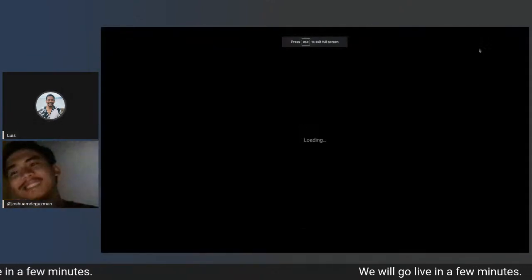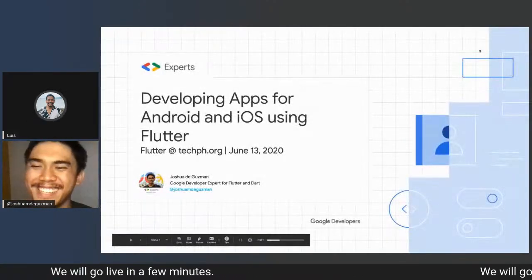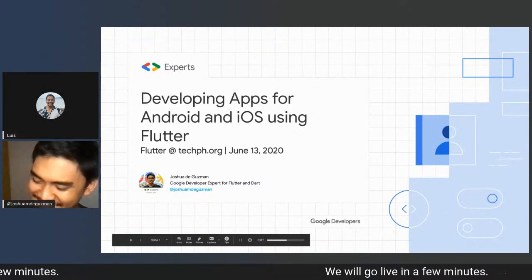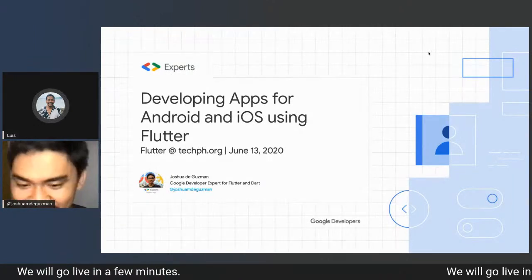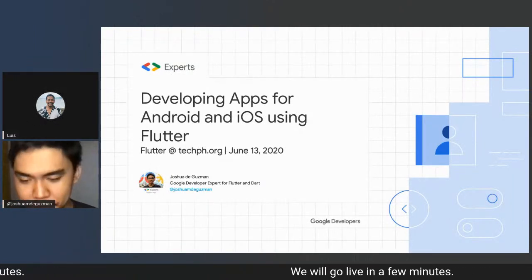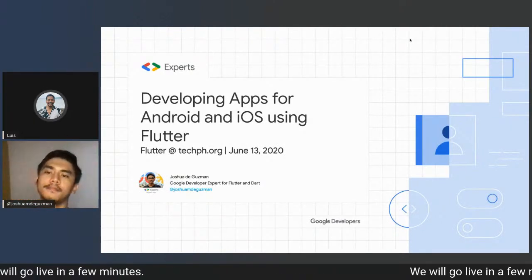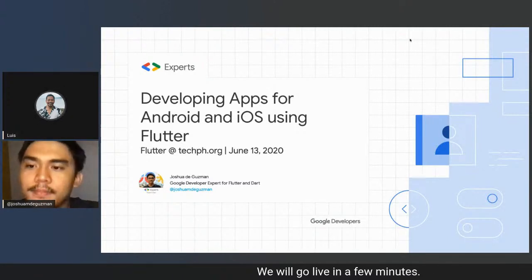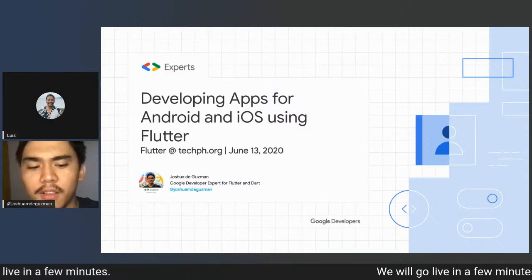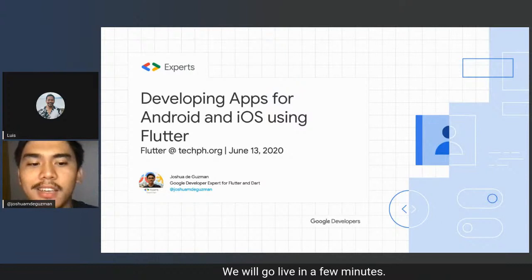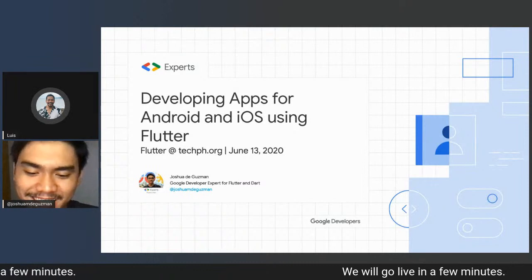Joshua has been a partner of the community for so long, and he's also a very young Google developer expert. Not everyone can say that. It's a very big accomplishment, and Joshua is taking the time tonight to share his knowledge and experience on Flutter. You call it a framework, right, Josh? Yes. Typically, we call it a framework or a toolkit, but not an application development framework. But framework would actually do. Okay. Yeah, and we'll learn more about that tonight.